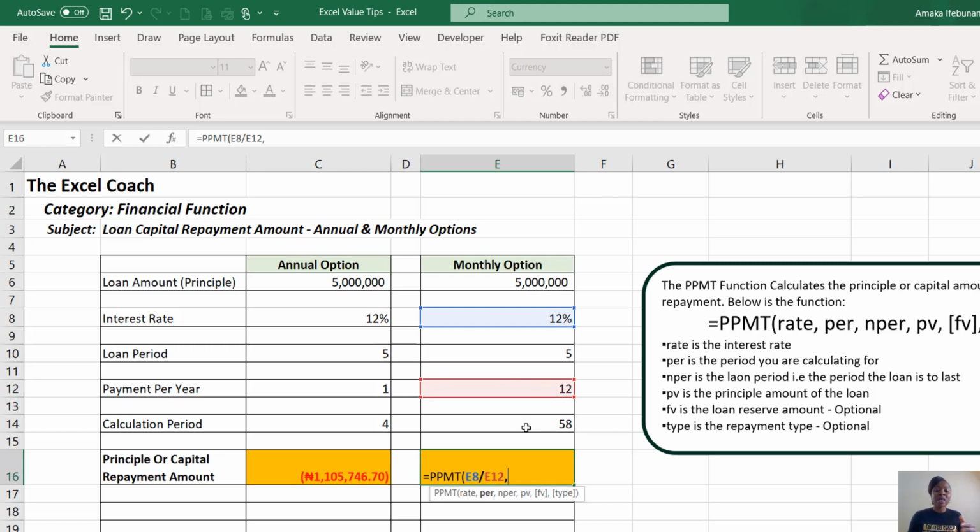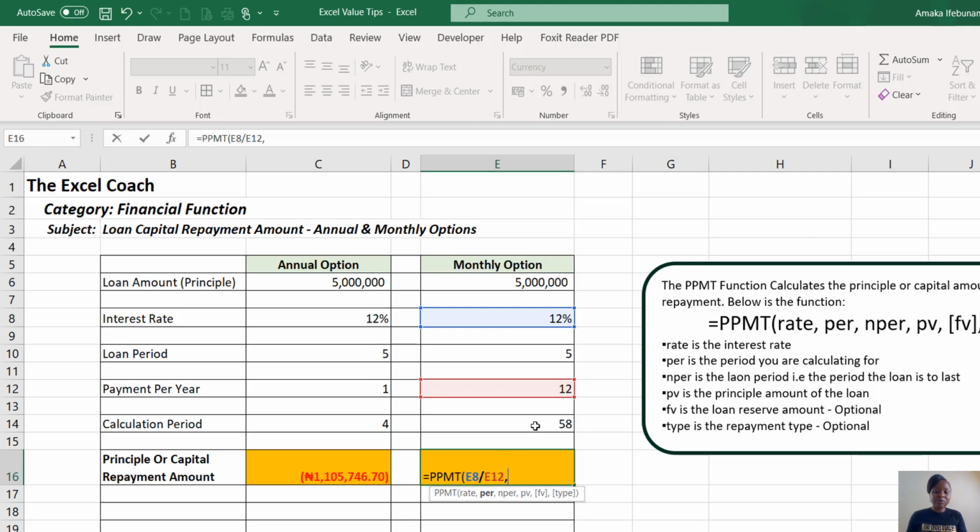I want to calculate because I'm making payment 12 times in a year, and it's a 5-year loan, meaning that the months the loan will cover will be 60. That's 5 years times 12, so 60 months. So the period now